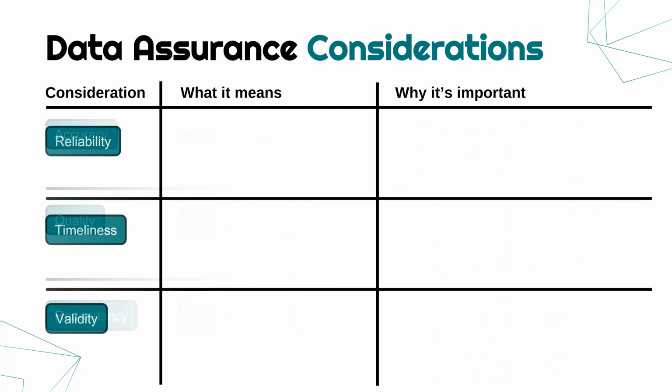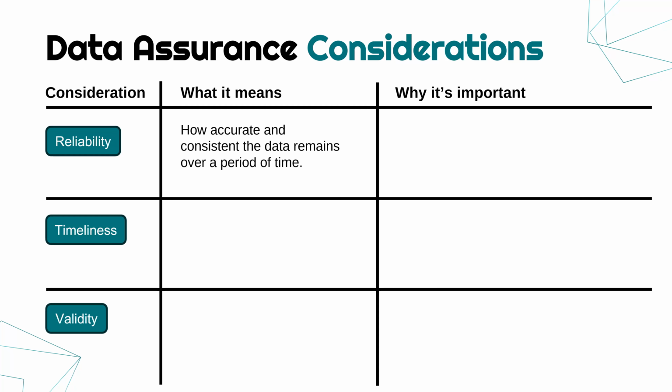Another consideration to talk about is reliability. This refers to how accurate and consistent it is over a period of time. So it's not about whether it's accurate once, it's about over a period of weeks and months and years, does it remain accurate? This is really important, especially if we have automated systems which are working over a period of time. An automated system gets set up by the engineer and left to run over a period of time. And if it's getting a data source which is unreliable, the actual system will not be able to work properly.